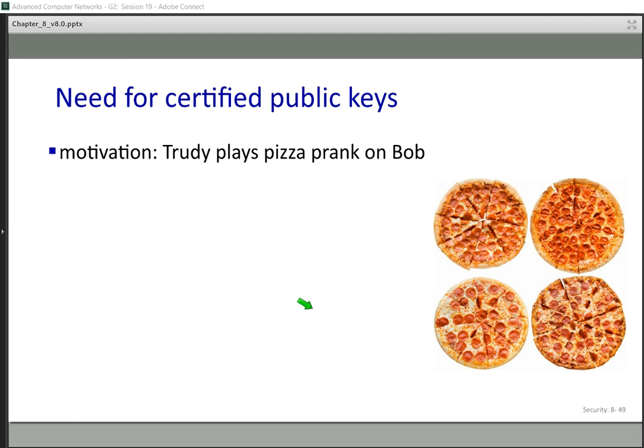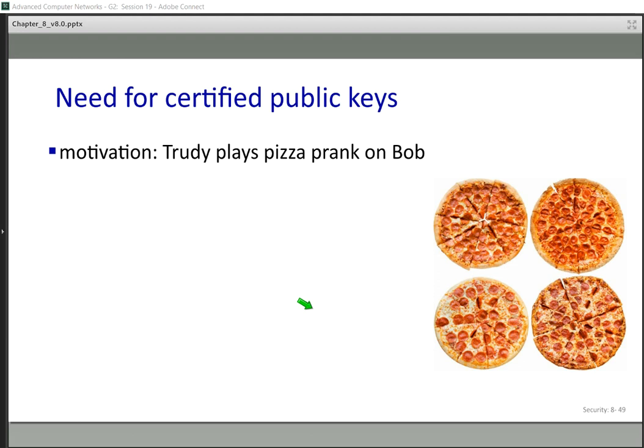So it's a big problem. How can I handle it? To handle this problem, there is only one way. We need a certificate for public keys.